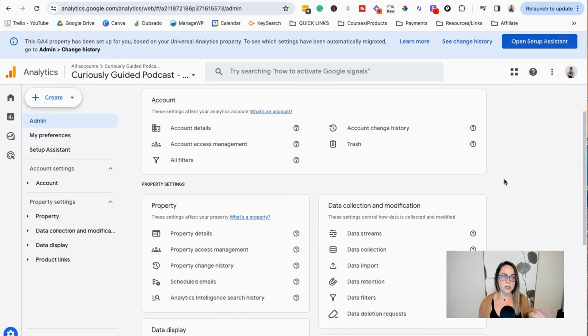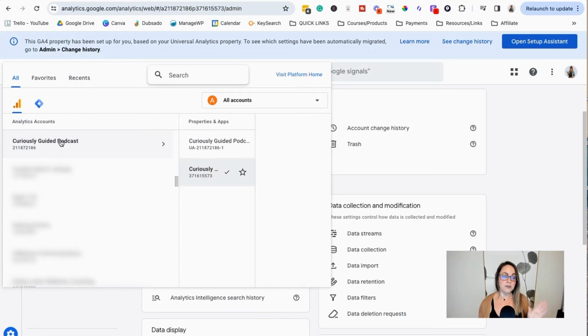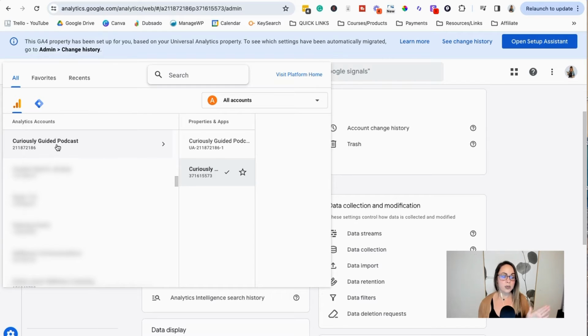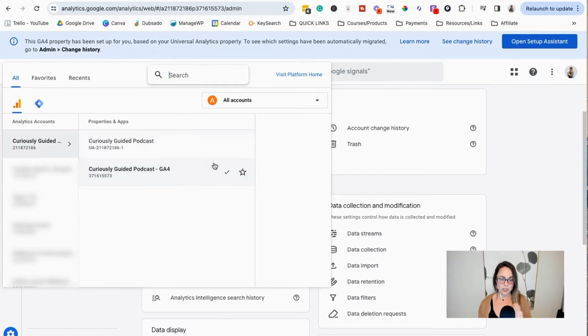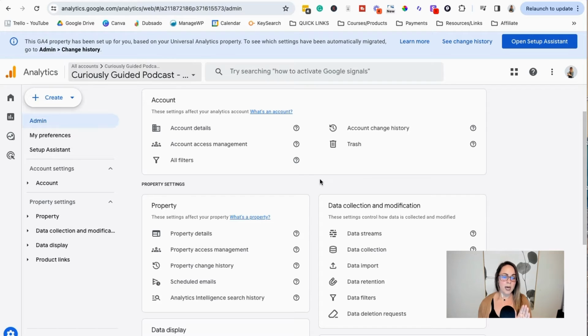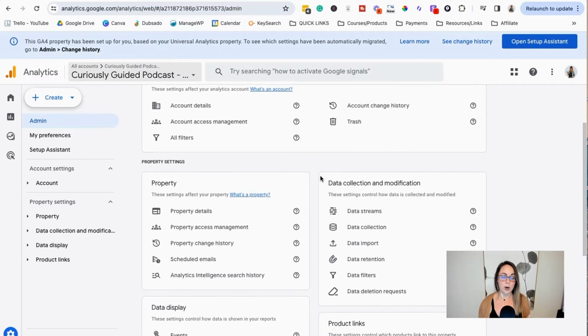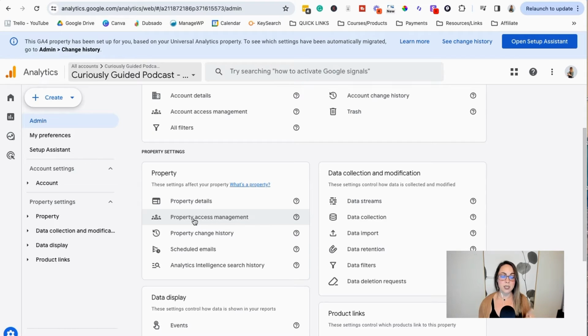Okay, so in terms of giving people access to your Google Analytics account, we have two main options here. The first one is account access management. That is if you want to give somebody access to all of the properties that you have listed here. So give them access to your entire account and all of the properties connected, okay? But if you only want to give them access to a specific property, then we come down here to